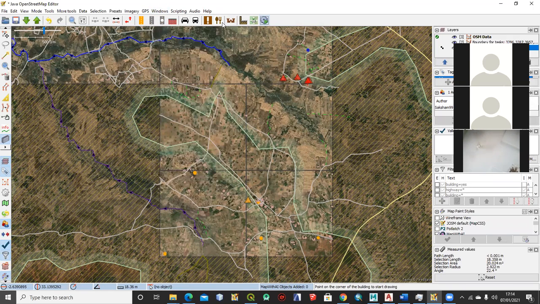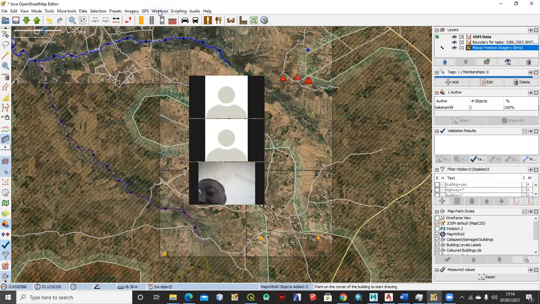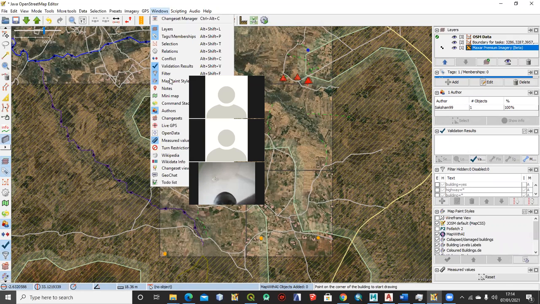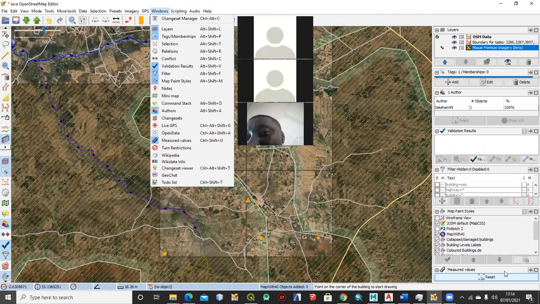Kwa hiyo this feature mwisho wa siku utakuja kuiona ipo huku chini, kwamba utakuja kuiactivate tu hapo. Utaenda kwenye Windows then utaiactivate map paint style. Baada ya kuiactivate hii, utakuja huku chini kwenye upande wa kushoto kwako, upande wa kulia kwako chini,